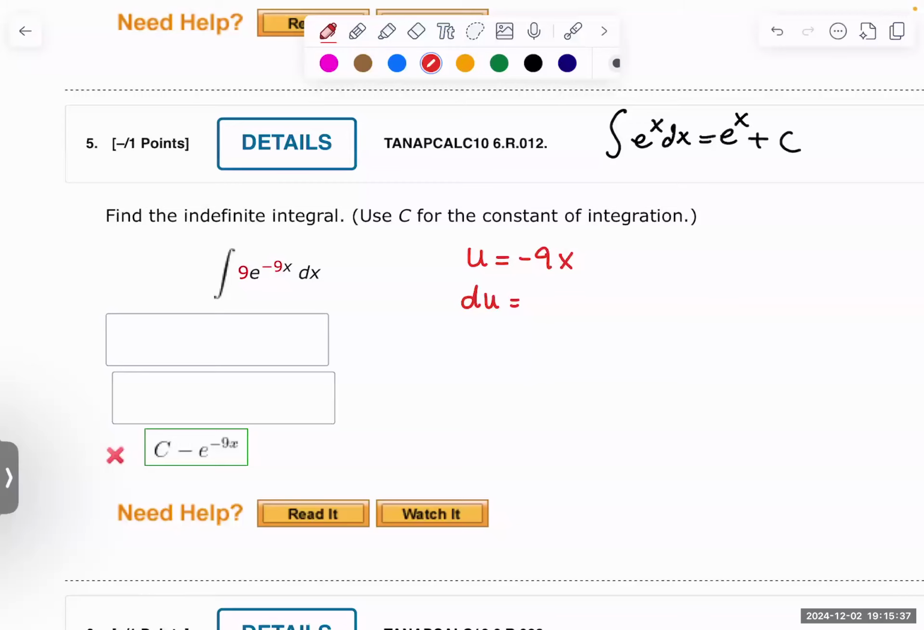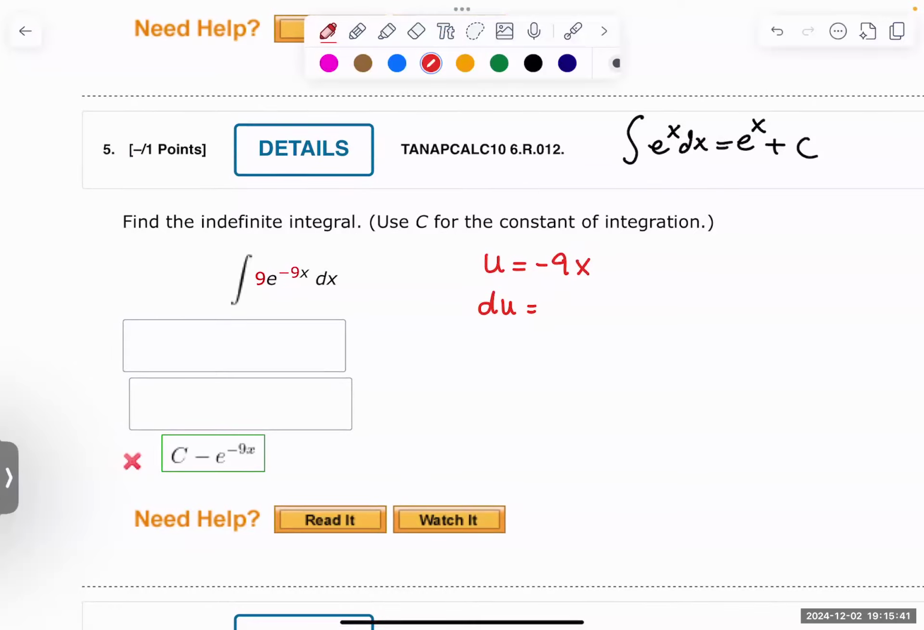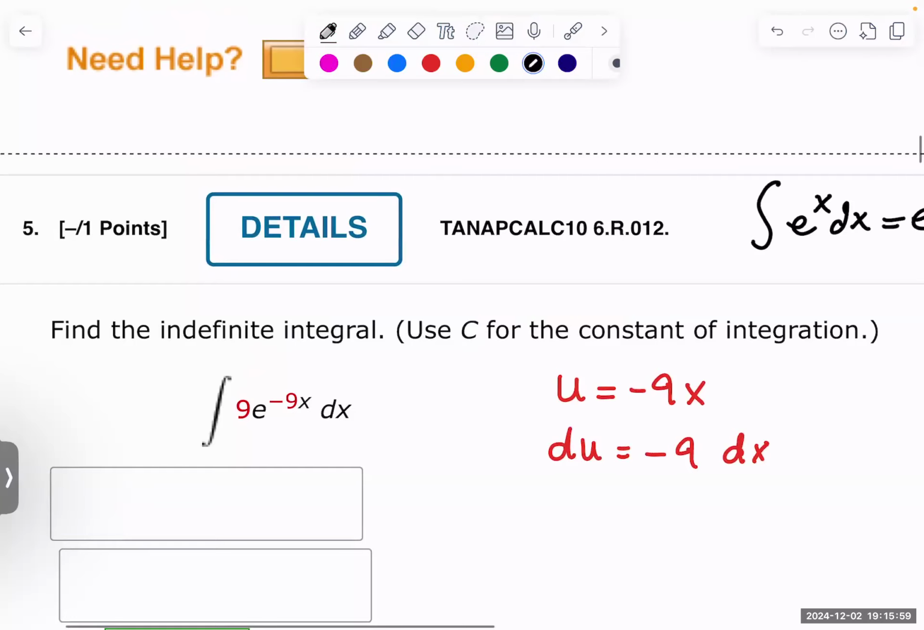So du, the derivative of negative 9x, is just negative 9. We always put dx at the end, which means derivative with respect to x. Okay. So now let's do the substitution. Exactly. So for the power, I'm going to put u, so that's e to power u, integral of, instead of 9 dx, for 9 dx,